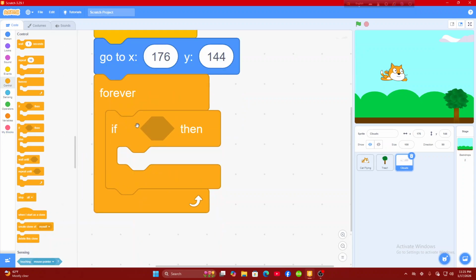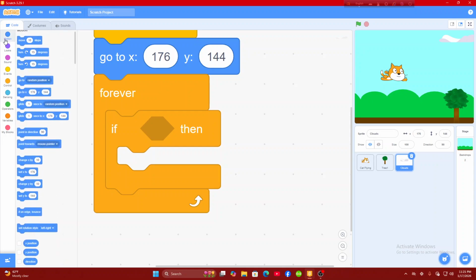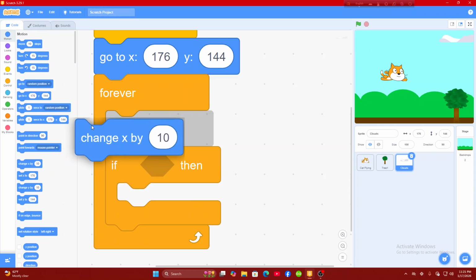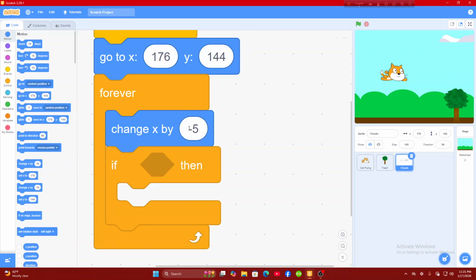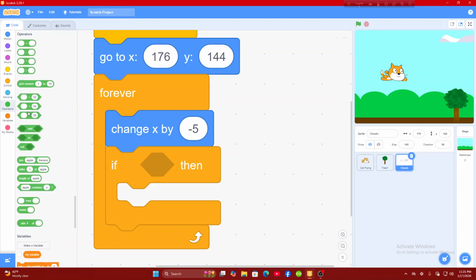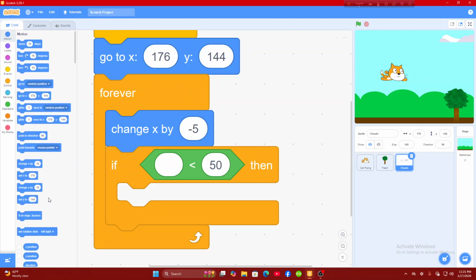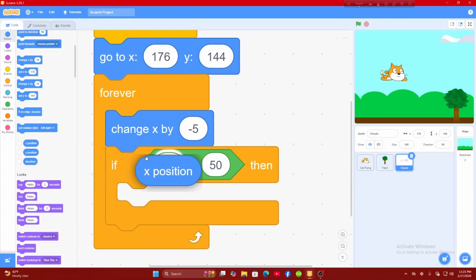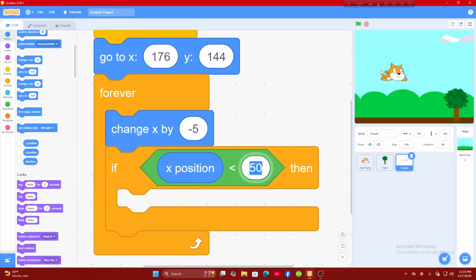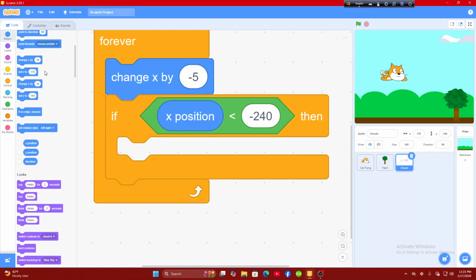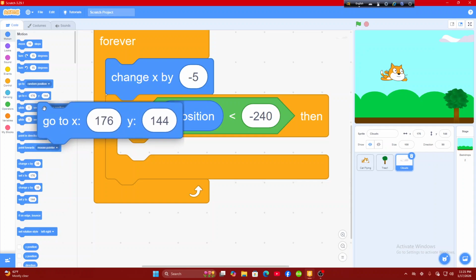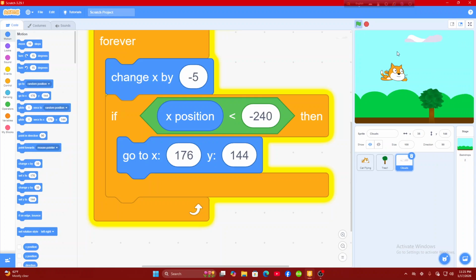Okay, if then, let's just go to motion and we will change X by something like -5. Okay, then let's go to operators and do a lesser than or greater than, whatever you like to call it. Now let's go to motions and go to the very last, select the X position. If the X position is lesser than -240, then we will again go to XY, this position. All right, let's see,